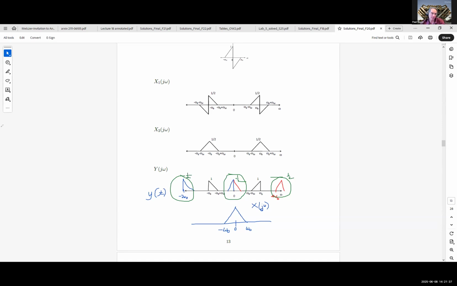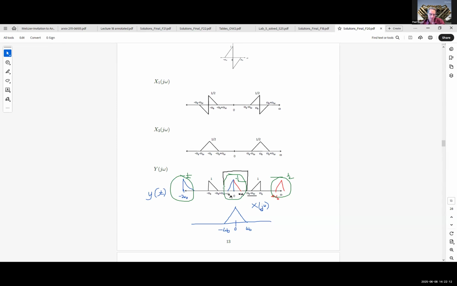But if we now take a low pass filter with a cutoff frequency that's in between, it falls in these gaps. So this one right here is what we called omega sub m, the maximum frequency of the signal's transform. And this is minus omega sub m. So if I pick a cutoff frequency that's between omega sub m and omega naught minus omega sub m,